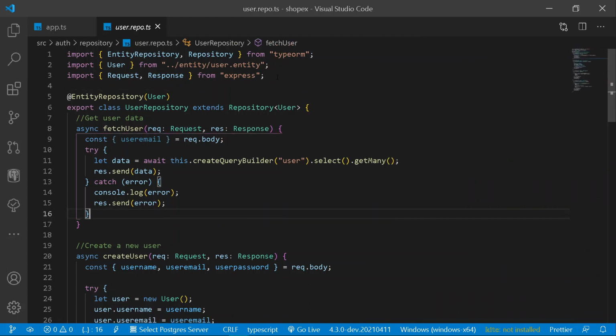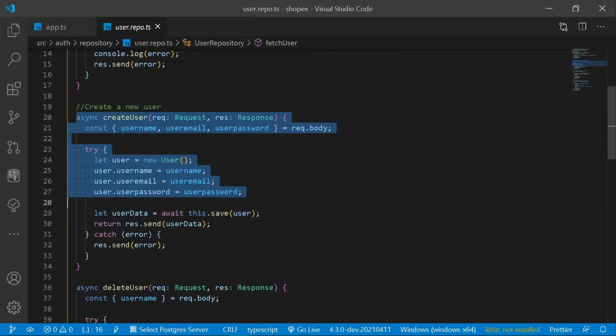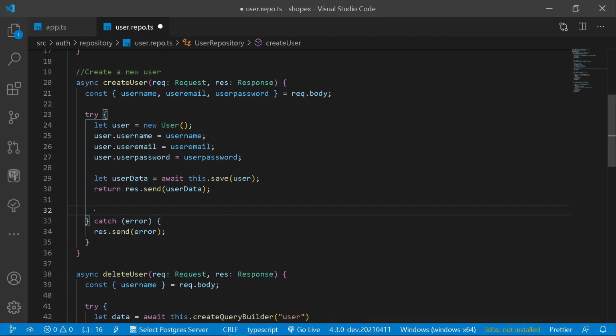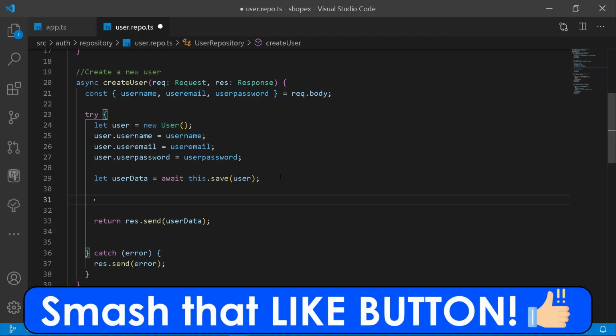So to make the usage of JSON Web Token under our application, let's take an example of creating a new user. So by far now, here what we are doing is creating a new instance of a user, which is a user model, and we are assigning some values from our Postman over username, user email, and also user password. And so by so, we are saving the instance of the user under our TypeORM, which is connected with Postgres. But now what we are going to be doing is take the user ID of the user which is saved under our entire database.